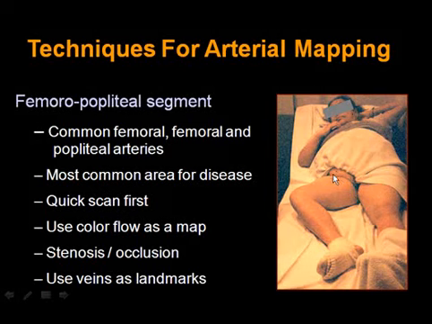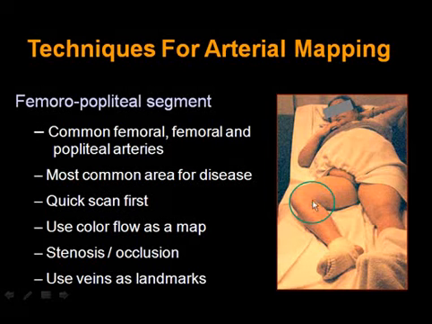The patient is in reverse Trendelenburg in order to allow blood to pool in the veins and allow us to use those veins as landmarks to identify the arteries of interest. If you're going to have any issue in terms of imaging the lower extremity arteries, it'll probably be in the area of the distal thigh, where the superficial femoral artery becomes the above knee popliteal and tends to dive deep